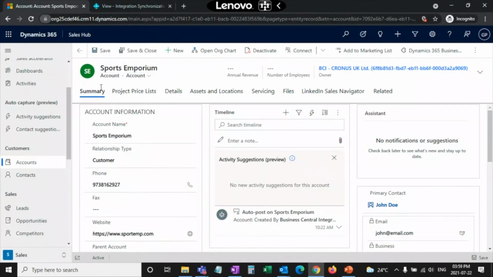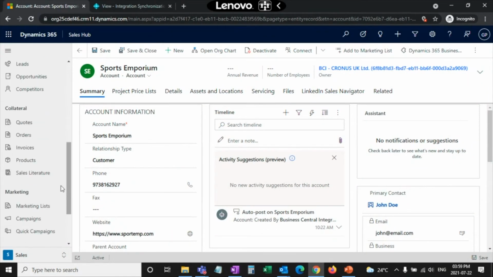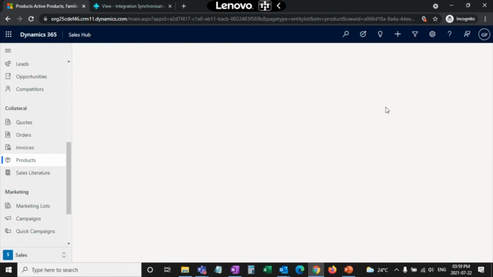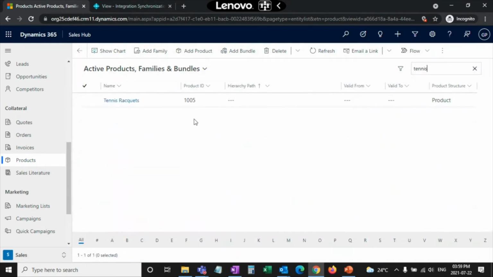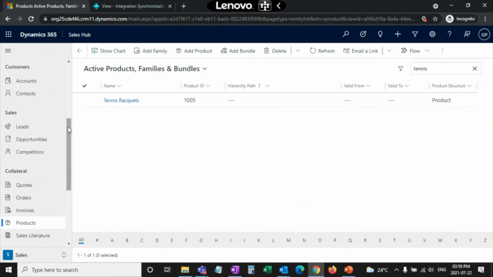The next thing for me to do is go over here, go to products, search for that record. So here you can see this record has been created in the system. Now the sales team has the contact record, they have the account record, and they also have the product record. And now they will use these records in Dynamics 365 sales to create an opportunity, and then they will be working on nurturing that opportunity so that it can be brought to a closer state.